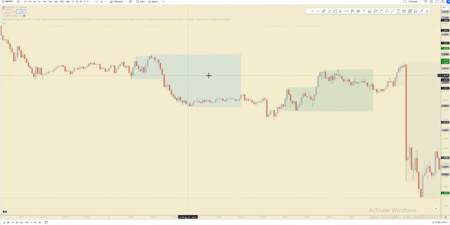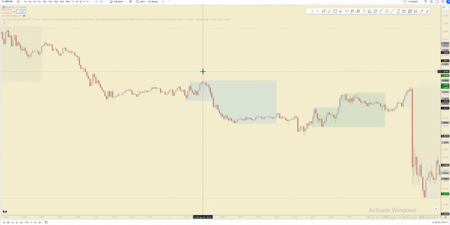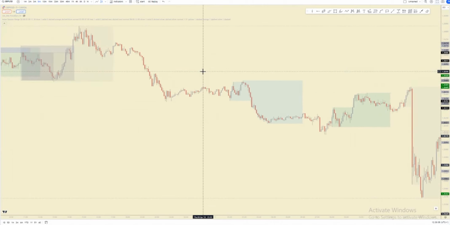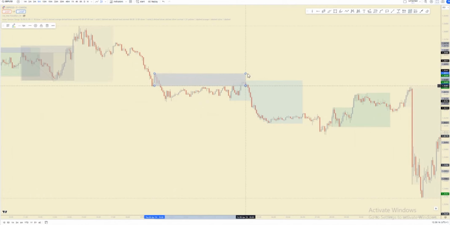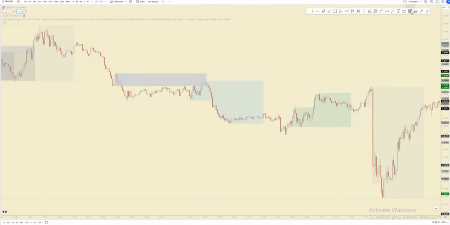What do you think Asia was doing here? Trending to the downside. So are we buying or selling? Selling. We have this supply zone which Asia has respected. So Asia should not give us a supply zone to trade from.